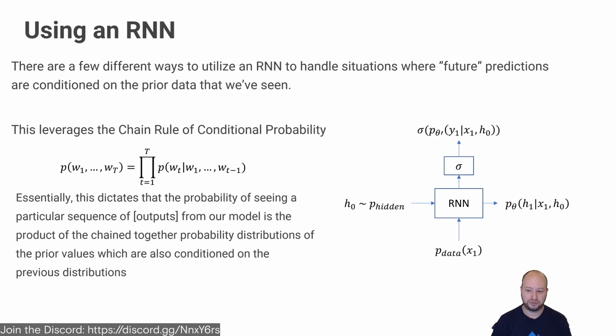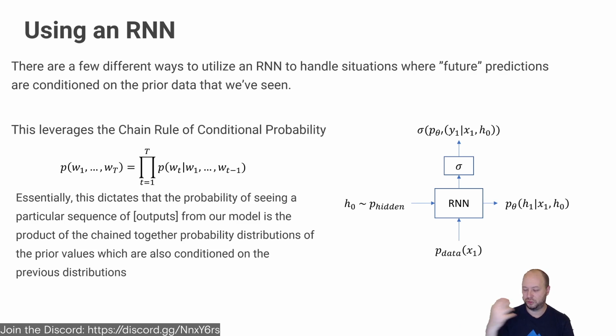And our initial value of x is going to be pulled from our p data, ultimately. And so often you'll use some kind of function, some activation on the RNN to get your output. So we're taking, say, a sigmoid of the probability distribution of y now conditioned on the x1 and h0. And so the output on our hidden state is going to represent a probability distribution of this next h given by these parameters of our network conditioned on x1 and h0. But the next one, given that we're taking in the next time we're calling our neural network, we're now passing in h1, taken from this p theta